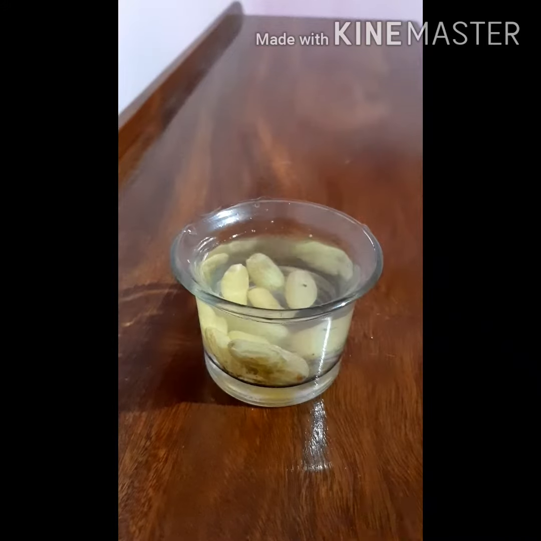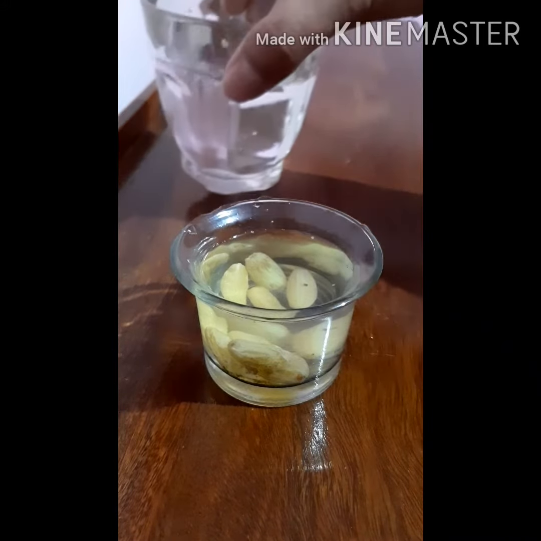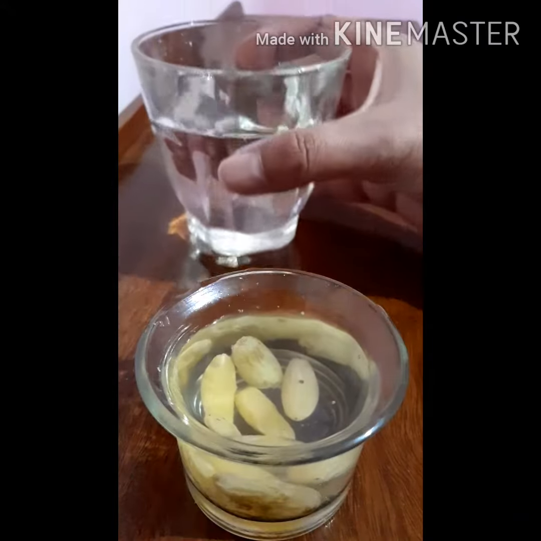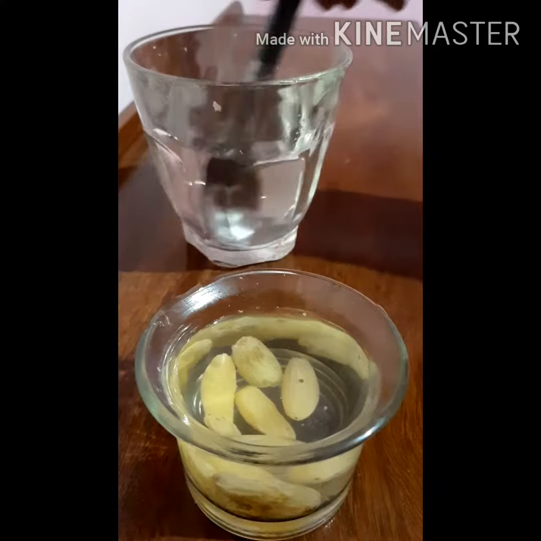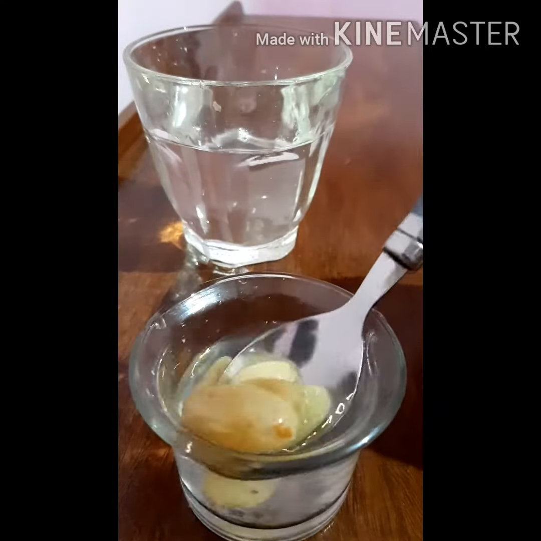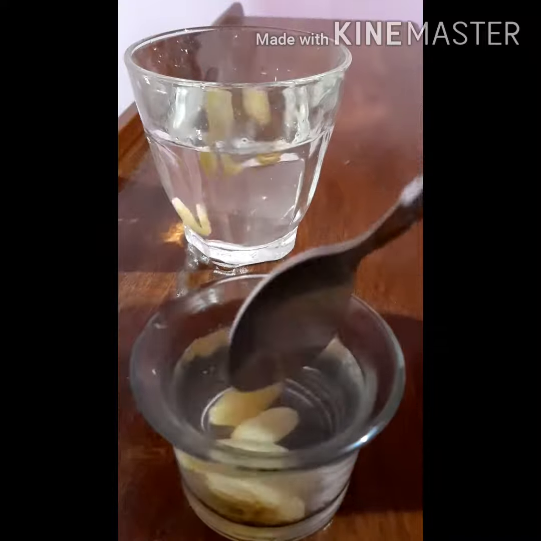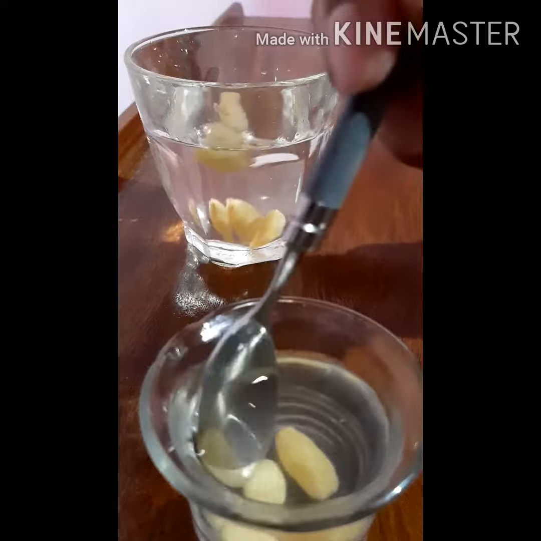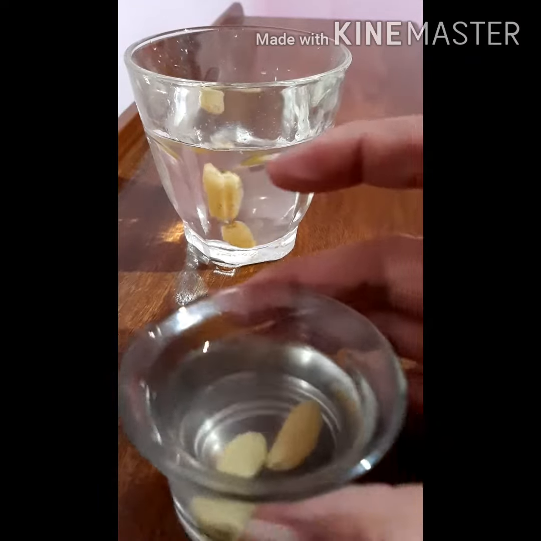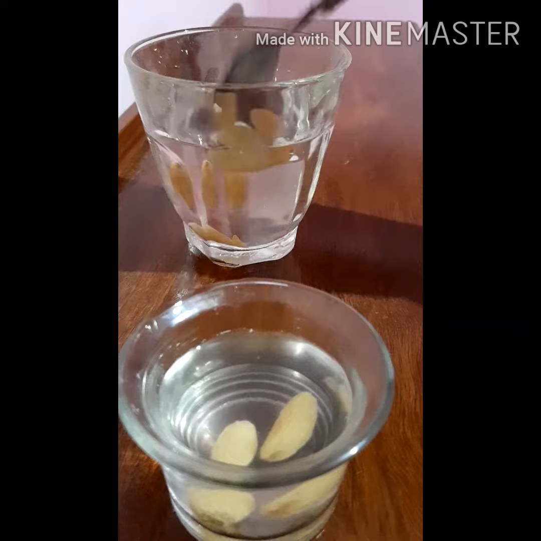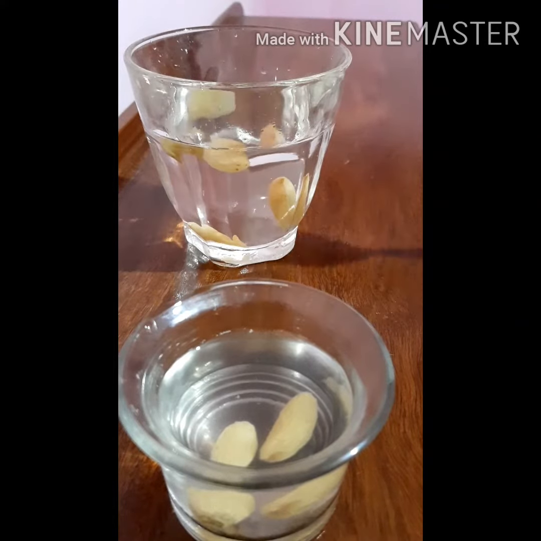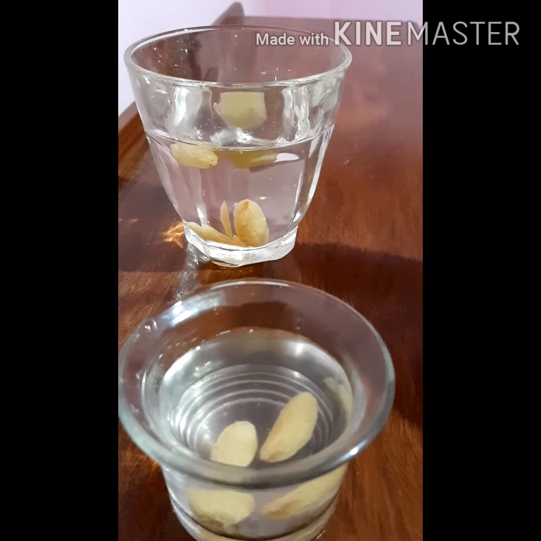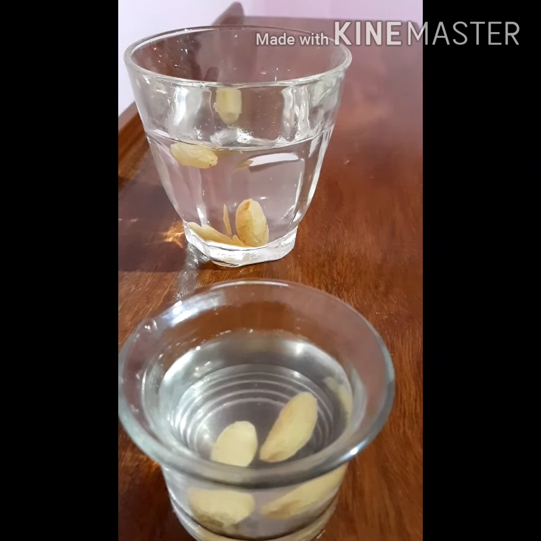So now I have taken hypertonic solution in this glass. What is present in this hypertonic solution? I have taken a large amount of sugar and mixed it. So I am going to transfer these swollen raisins into the hypertonic solution. There it goes, and I am going to leave 2 here so that I can compare later on. I am going to leave these swollen raisins in hypertonic solution, where the solute is more and solvent is less, for 24 hours.